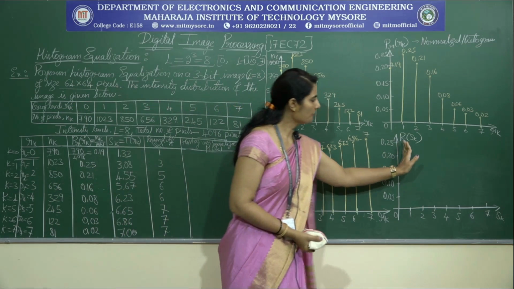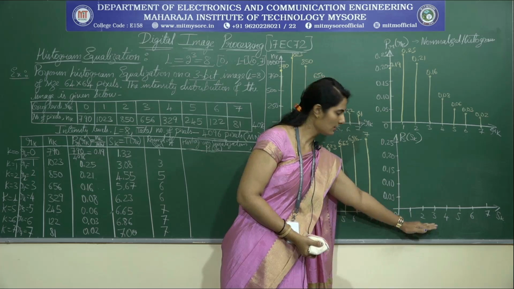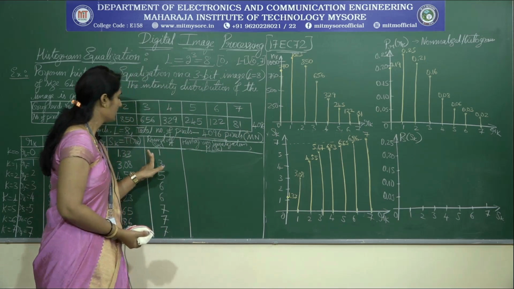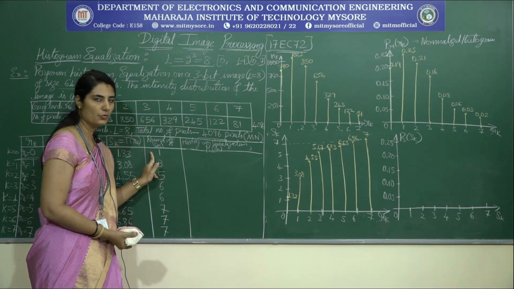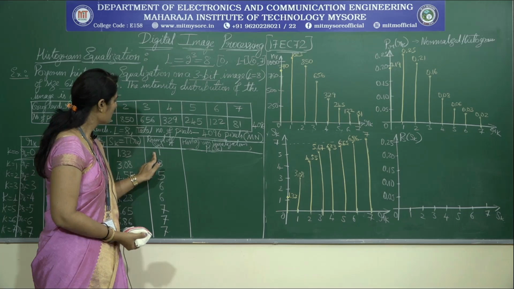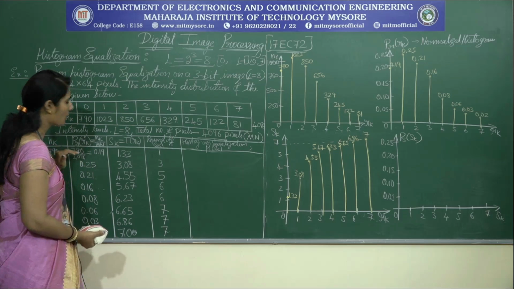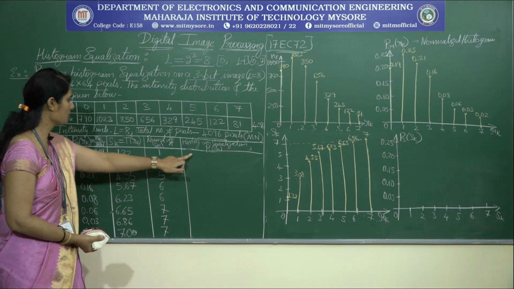Now this is a graph of P of Sk versus Sk. The horizontal axis is Sk. Now consider Sk is equal to 1. When Sk is equal to 1, to find the histogram equalization output probability density function Ps of